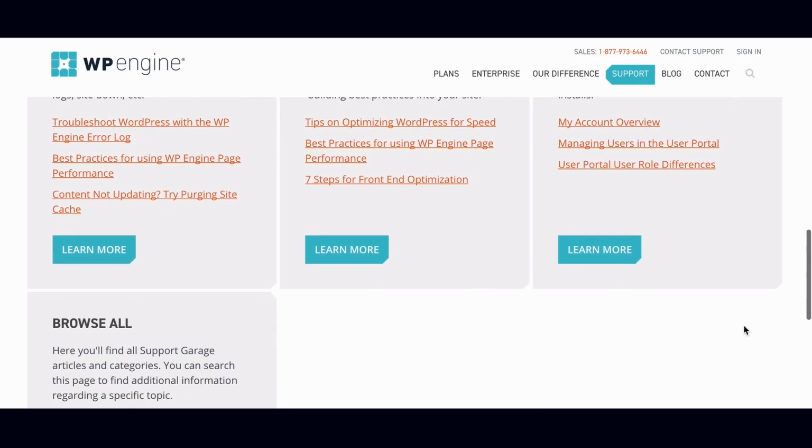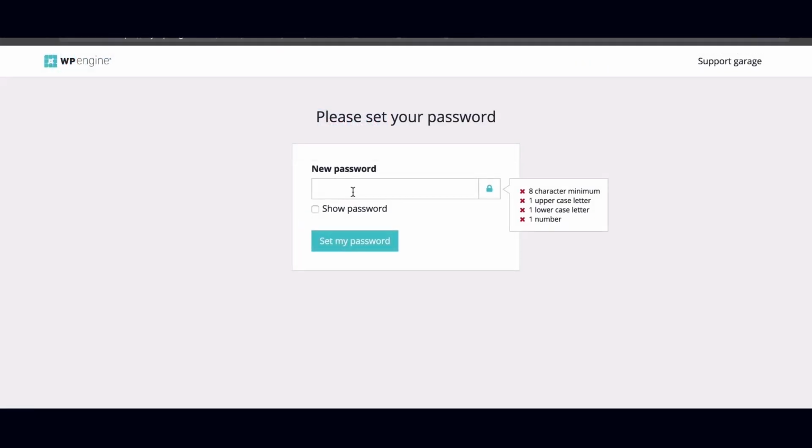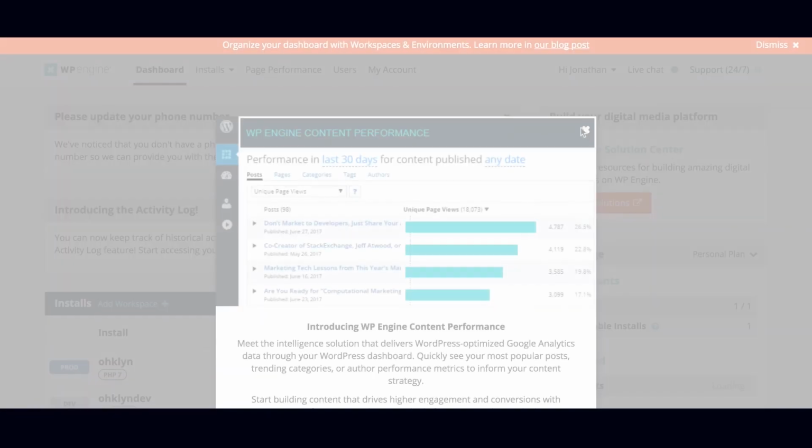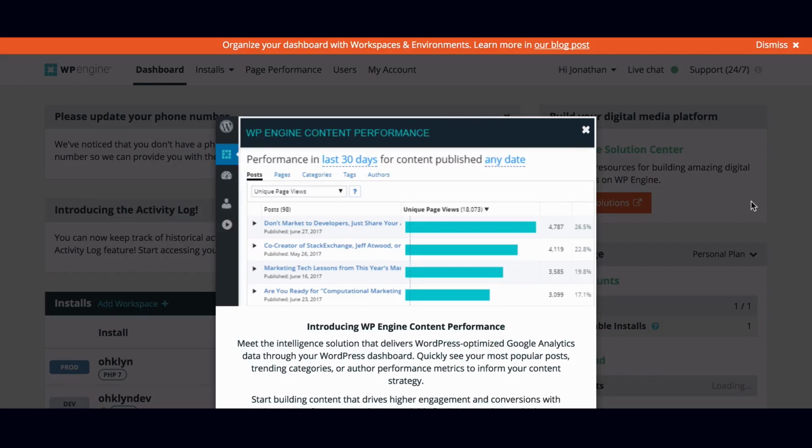You will have received an email from WP Engine. Follow that link through to enter your password, and that will take you to your WP Engine portal, which looks like this. Pause this video, and once you've pointed your domain's A record at WP Engine and WordPress is installed for you,